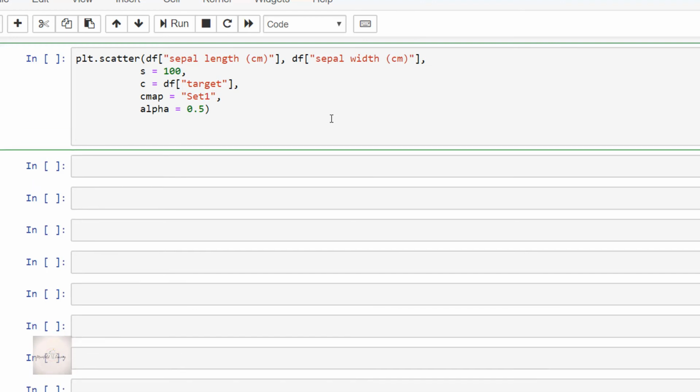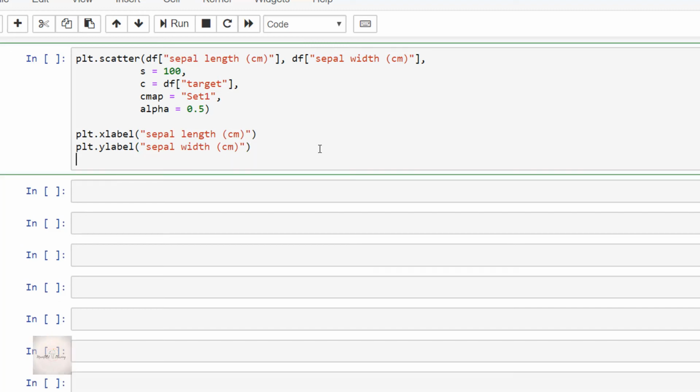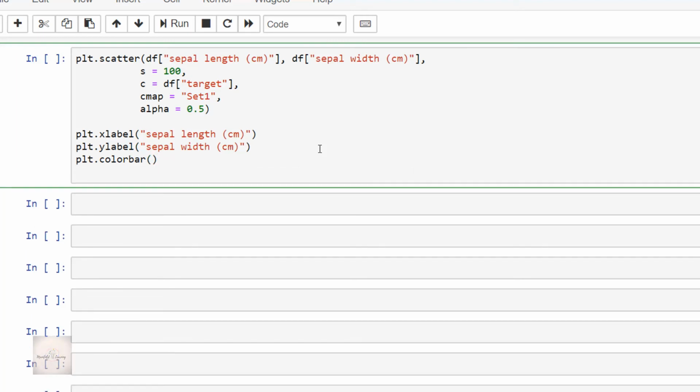Yes, labeling the axes is very important. So I'll write plt.xlabel of sepal length centimeter, and then plt.ylabel of sepal width centimeter. Then for displaying the color bar, I'll give plt.colorbar, and finally plt.show.